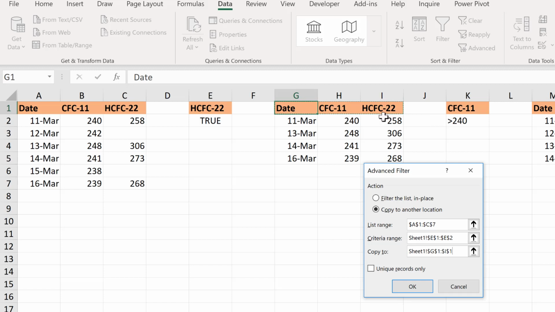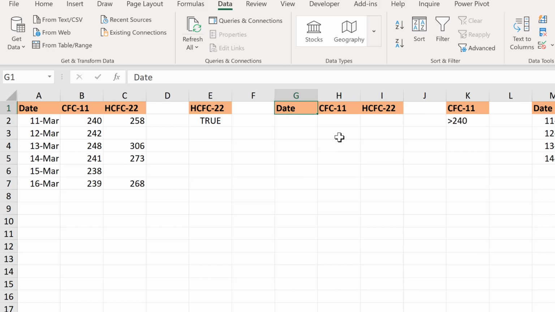I will select the top 3 cells, and OK. And you can see that all of the values disappear, and this is because it's trying to find the value true in this column and it isn't there, so it's basically filtering out everything. So this cell here can't match any of the headings in your table, but it can be literally anything else. So you can just type in a random word, or you can leave it blank, which is what I did